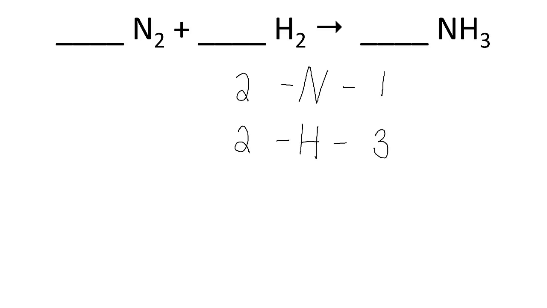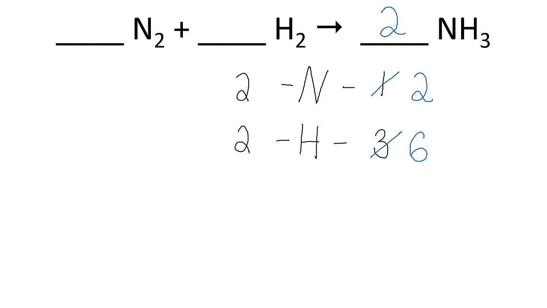So in order to change that, I know I need 2 nitrogens. So let's place a 2 in front of the ammonia. That causes not only my nitrogens to change, but also my hydrogens. And so now my nitrogens are balanced, but my hydrogens are not. I only have 2 on the left and I need